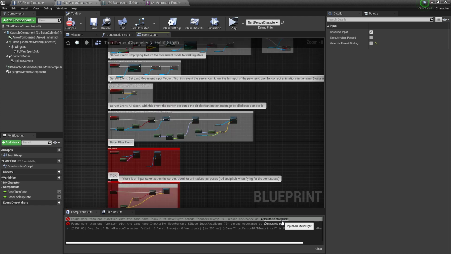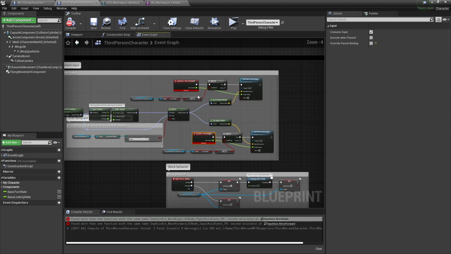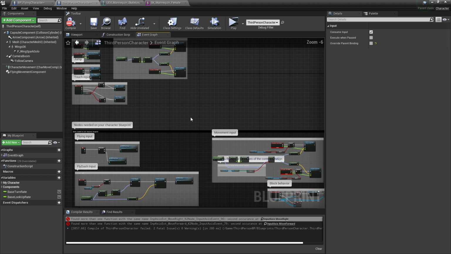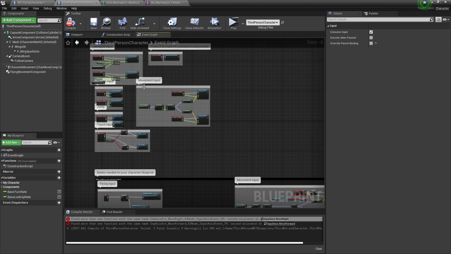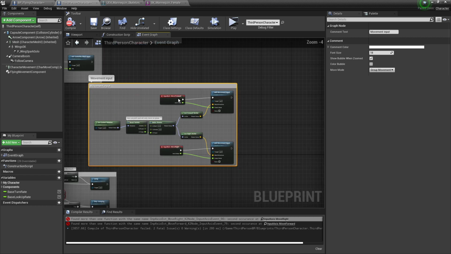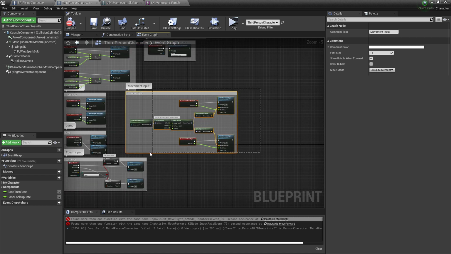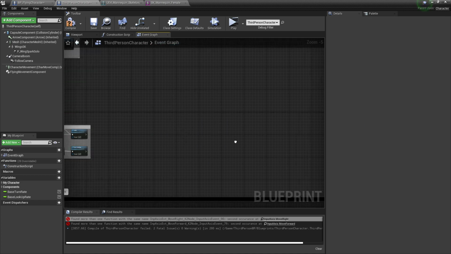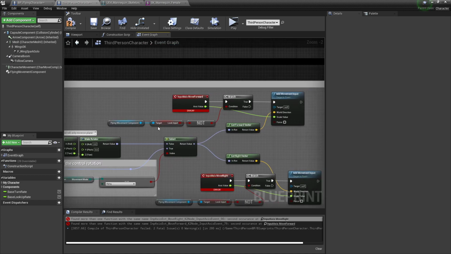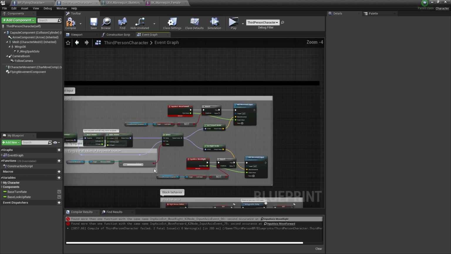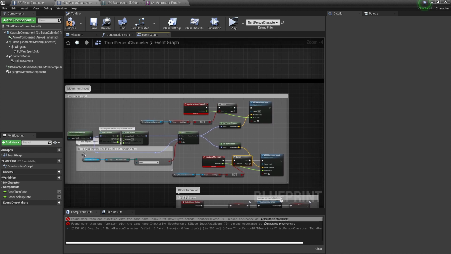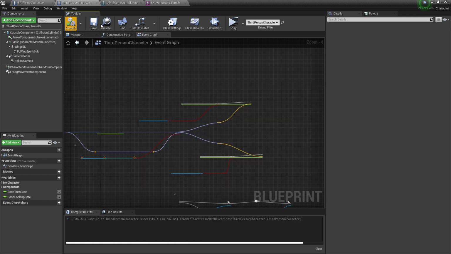Found more than one function with the name of right. We want ours, so we just delete this move input, because it's almost the same, but ours has a little bit more stuff, like the locking input mechanic. If you don't want this, then you could also delete these branches, but we are using some values from the movement, so make sure to use this movement input. So compile, save,